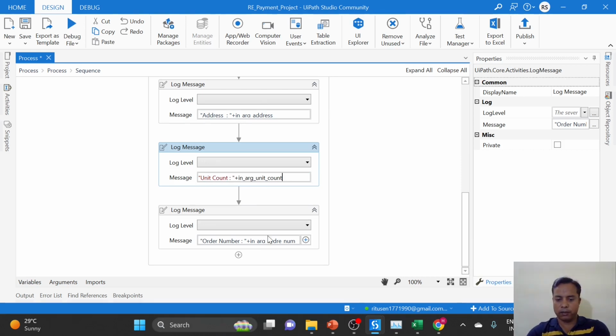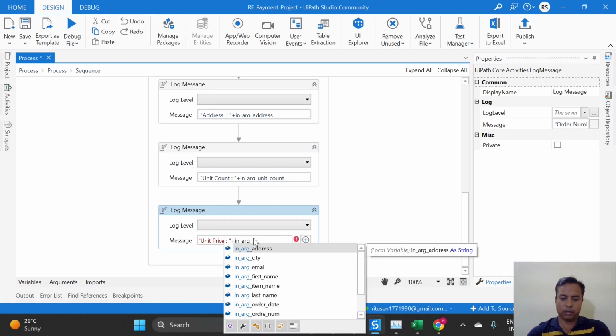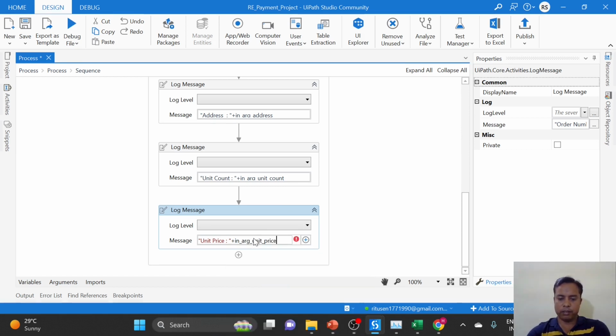Unit count, unit price. So I will save this,